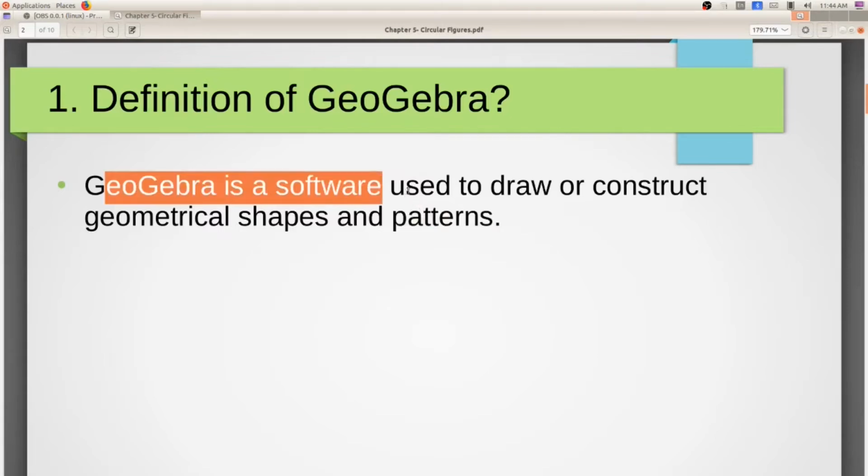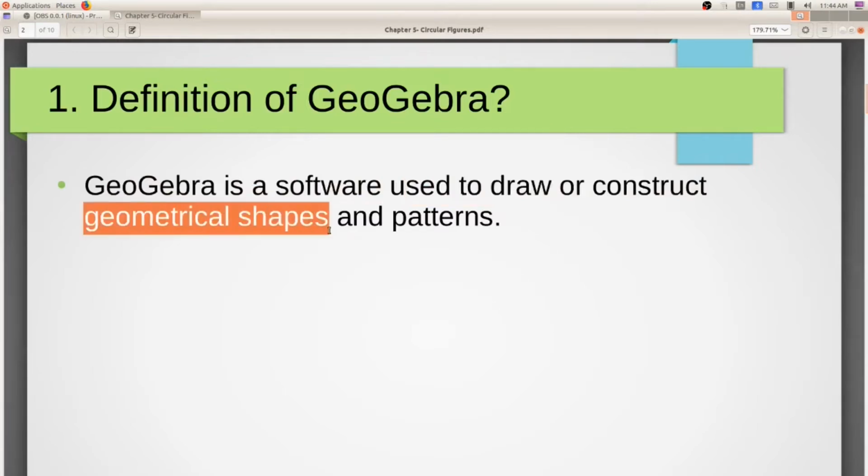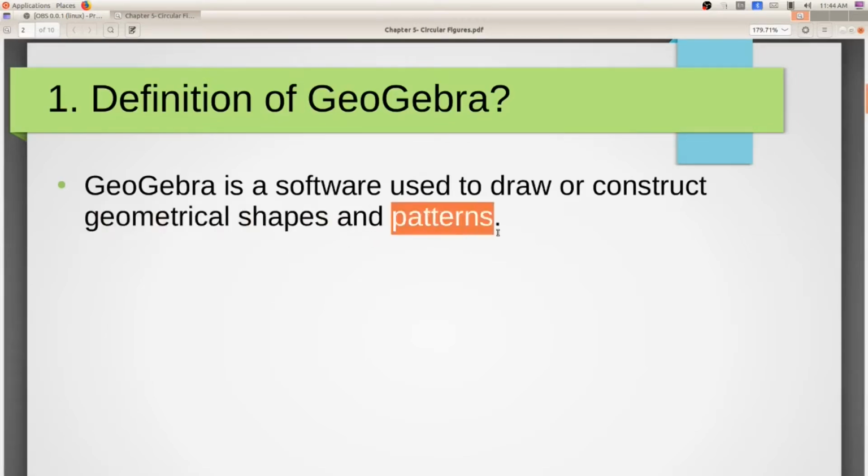What is its use? It is used to draw or construct geometrical shapes and patterns. Don't learn this by heart. What do you mean by geometrical shapes? Triangle, circle, square, rectangle, etc. These shapes can be drawn using this software, and also patterns can be drawn.